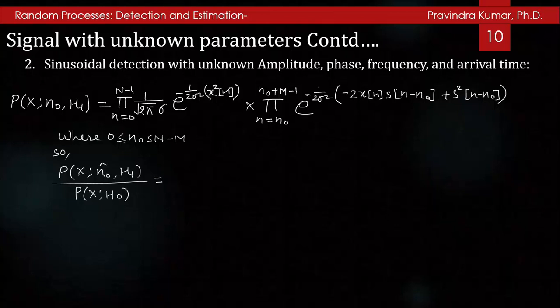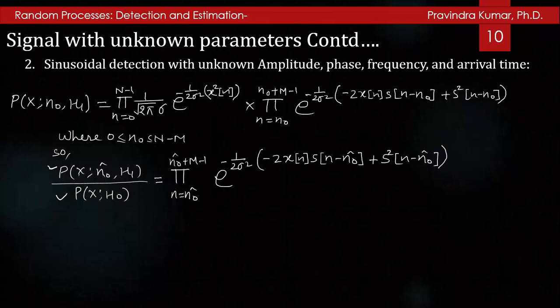p(x; n0 hat, H1) divided by p(x; H0). So the PDF under hypothesis H1 and the PDF under hypothesis H0 will be equal to the product for n = n0 hat, meaning the estimated value of n0, to n0 hat + M minus 1 of e to the power minus 1 by 2 sigma square times (minus 2 x[n] s[n - n0 hat] plus s square[n - n0 hat]). Here you have included the estimated value of the delay n0,